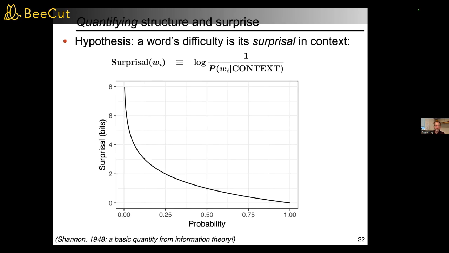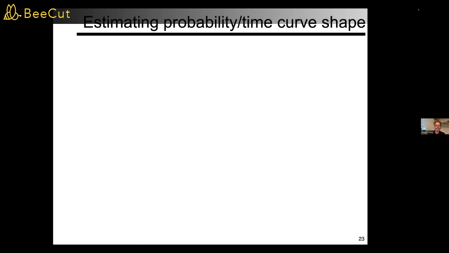This is the picture between raw probability, which ranges from 0 to 1, and surprisal, which ranges from 0 to infinity. A probability one event carries 0 bits of information. It tells you nothing, but it has to happen. A probability 0 event never happens. If it did, it would be infinitely surprising.